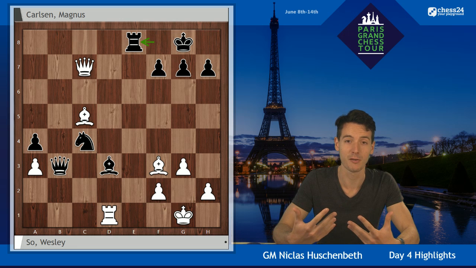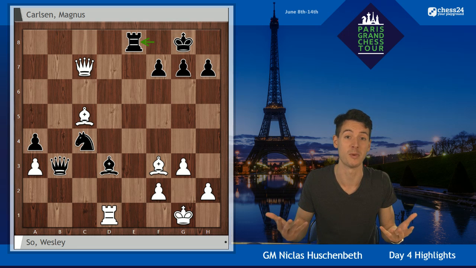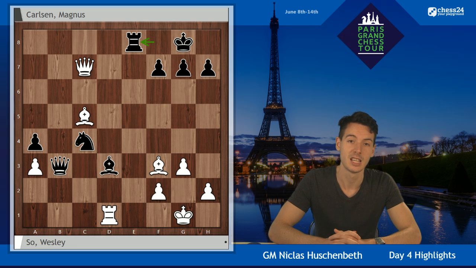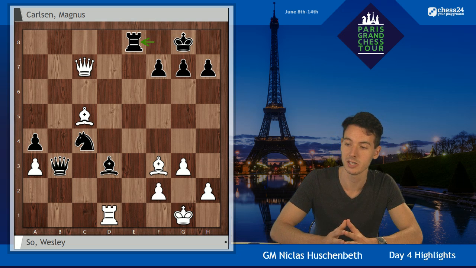So I'm going to focus on the games of the two leaders, and they pretty much dominated the whole event. Hikaru Nakamura and Magnus Carlsen, so we're especially going to focus on these two guys. Let's start with round number 10, and Magnus Carlsen was playing against Wesley So with the black pieces, and So